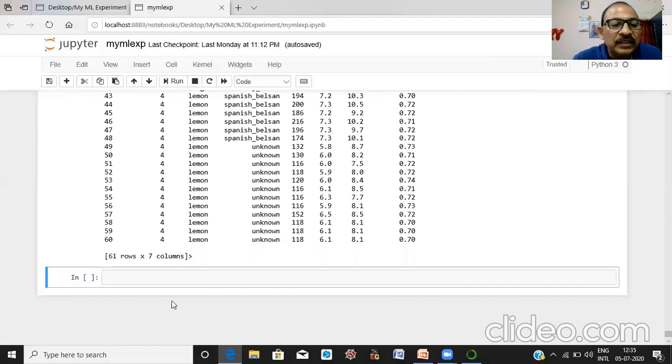How will you identify it? Let us use the command duplicated. This method gives you information about the duplicated instances in your data set.